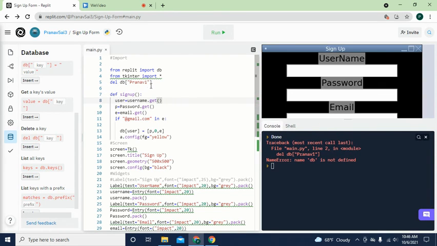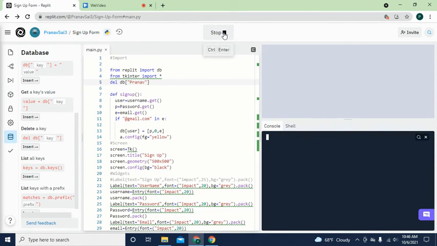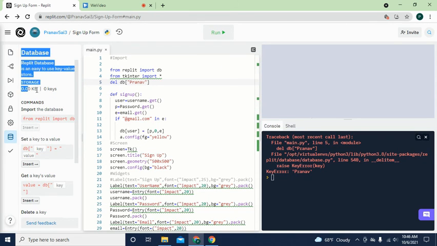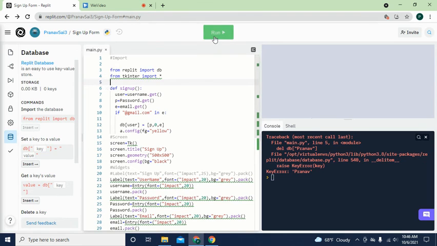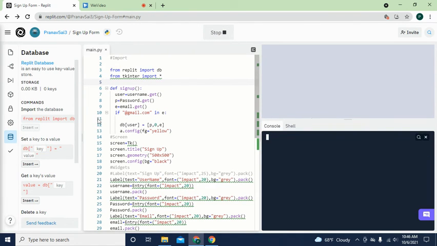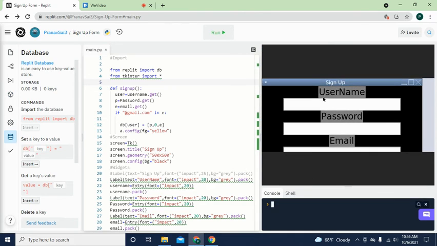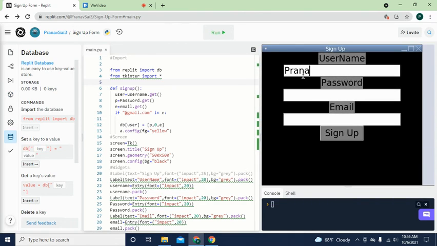DB. Oh yeah, that was from last time. And then print off. All right. Go to our database, and you can see 0 keys. Now, let's use this program again. So, I mean, obviously, I think you have like 5,000 keys that you can have here. But still. So Pranav, Sai,